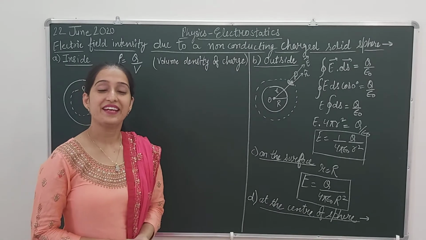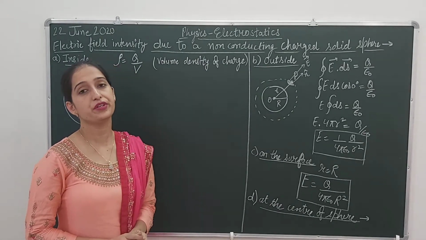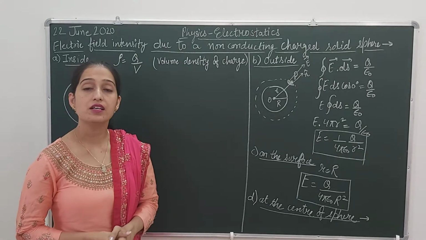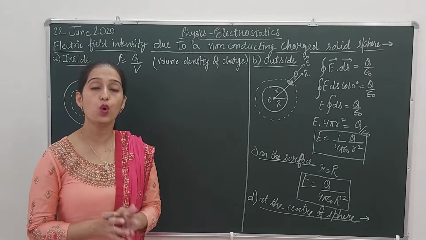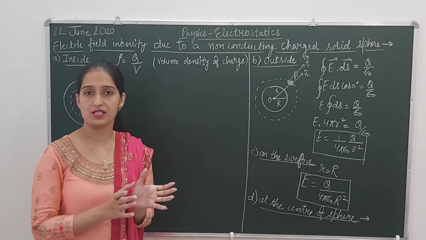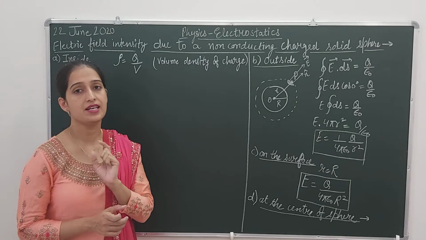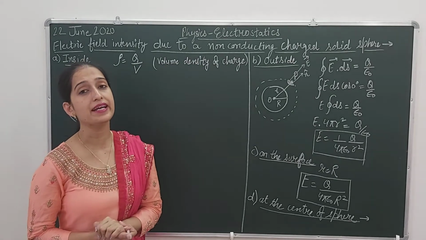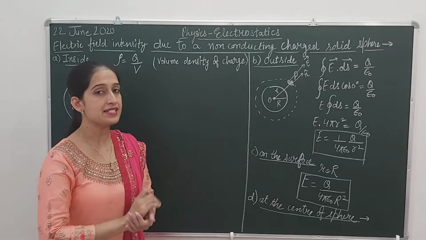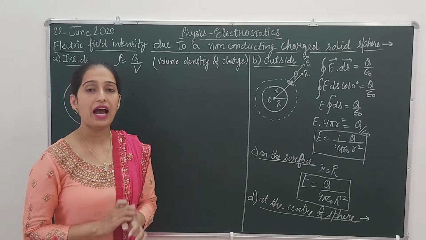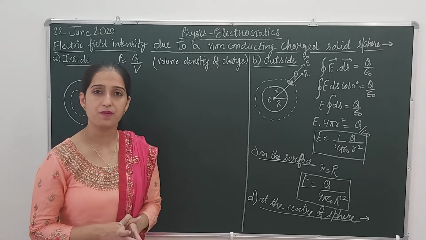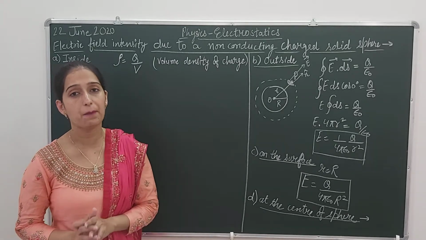Hello everyone. In physics classes we are doing the first unit of class 12, that is electrostatics. And nowadays our current topic is Gauss law. Gauss law says that the electric flux of a closed surface is equal to 1 by epsilon times the total charge contained inside that surface. We have discussed Gauss law, its proof, its verification, and now we are doing its applications.